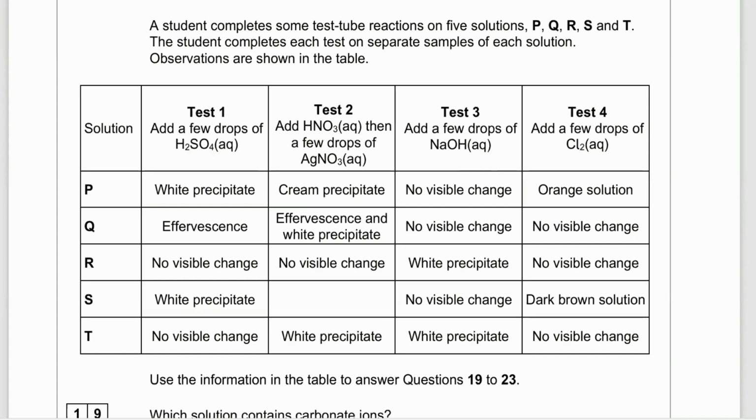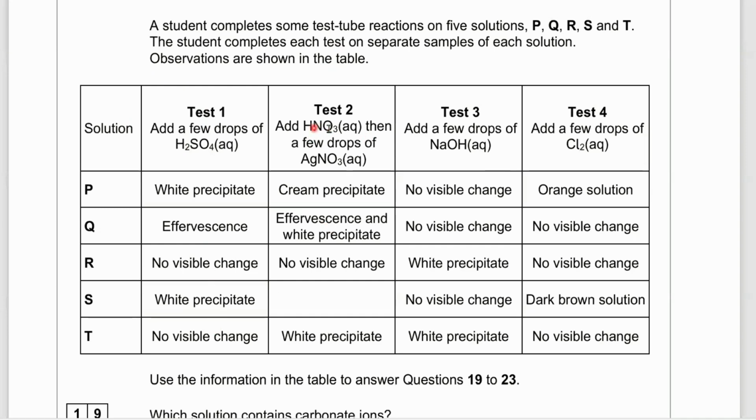And for the final few questions, we need to use this table and study it to work out the answers. A student completes some test tube reactions on 5 solutions, P, Q, R, S, and T. The student completes each test on separate samples of each solution. Their observations are shown in the table. So we've got 5 solutions, P, Q, R, S, and T, and you can see first of all, they've added some